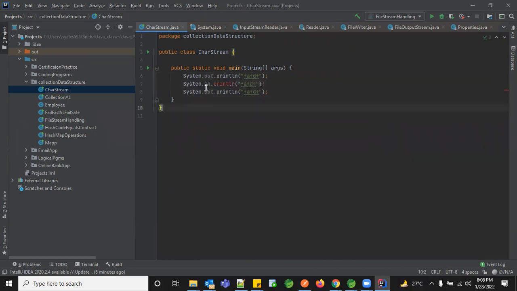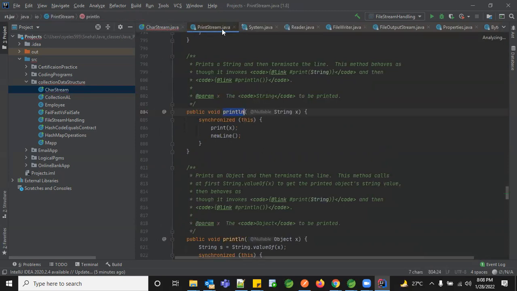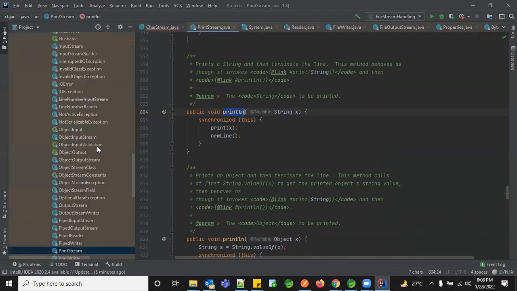If it's an out, it comes into the PrintStream class. If it's an error, it's again from the PrintStream class. Whereas in the input stream, this println method is not available, whereas println is available in your PrintStream classes. So you have to check the input stream class here.